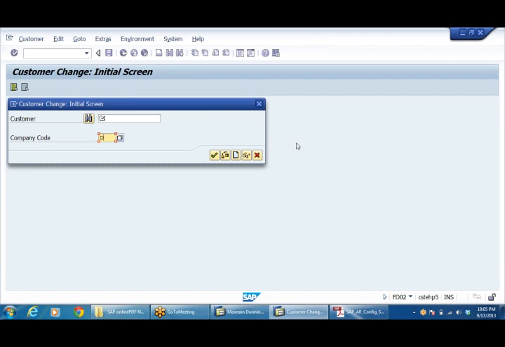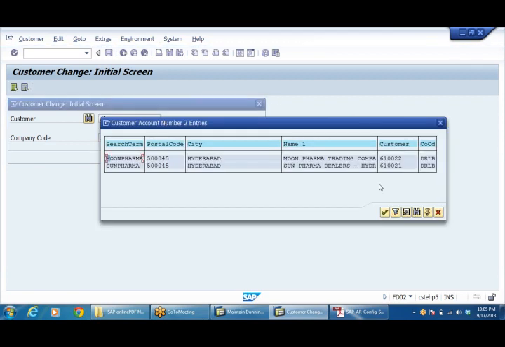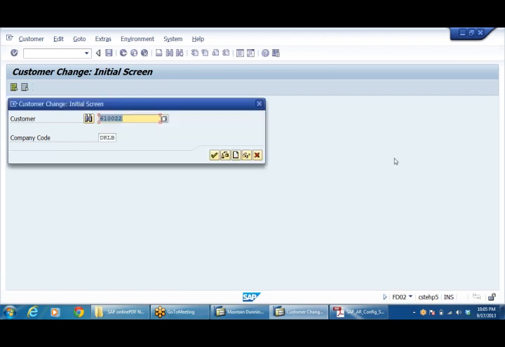Right, company code DRLB. System seems to be a bit slow.